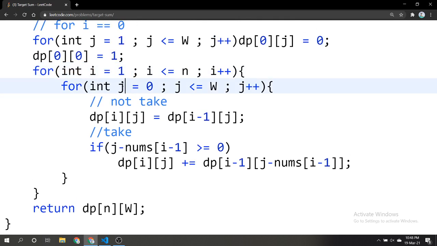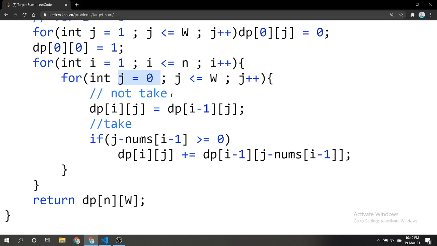What happens is I will start iterating from i equals 1 to n, where i is the number of elements I have taken already up to here, and for each i I will be going from j equals 0 to w, and I will be calculating for each j the number of subsets I have when I take the first i elements.